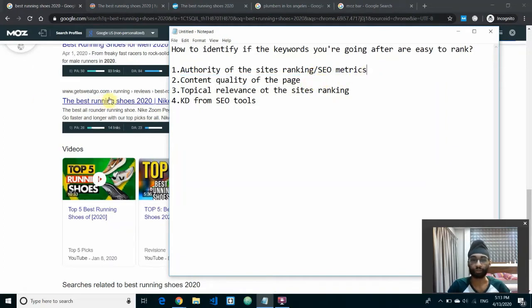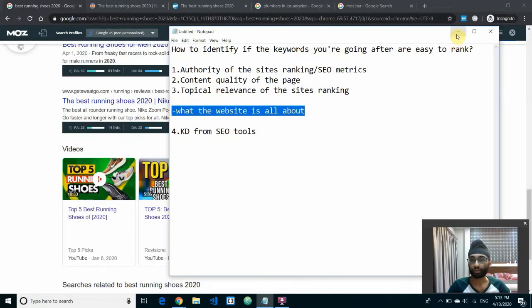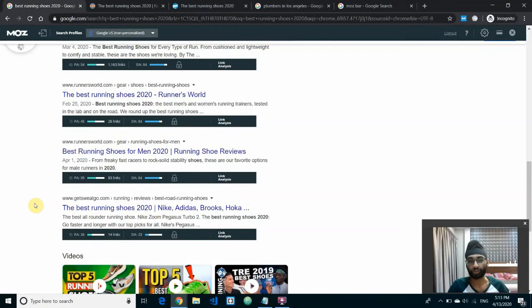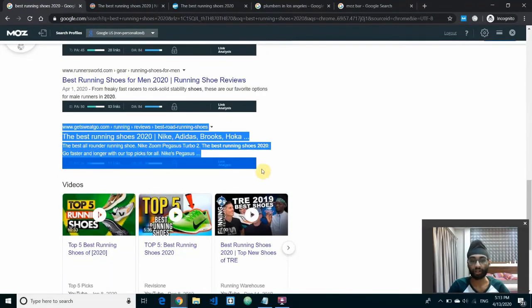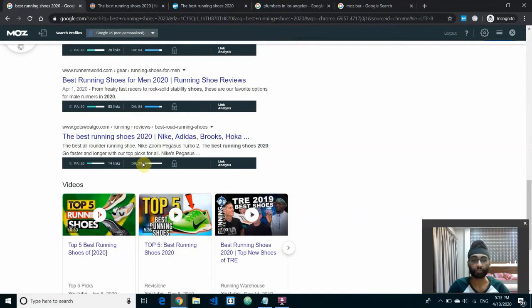So now, okay, the third thing that I'd like you to keep an eye on as well is called topical relevance of the site ranking. Now, what do we mean by topical relevance here? It's basically what the website is all about. There's a concept called topical relevancy, which basically means Google likes ranking sites which are specific to something, right? So the reason why this site is ranking pretty well, although it has very little domain authority,